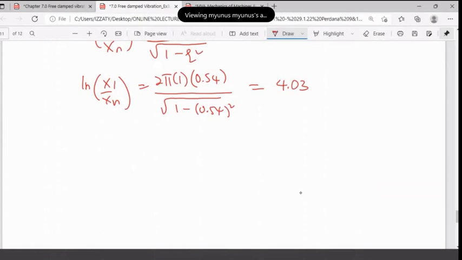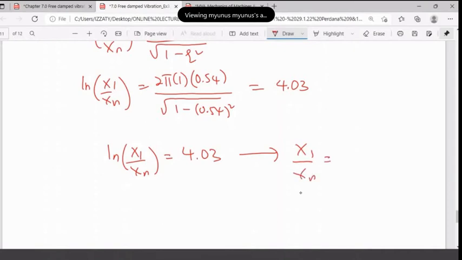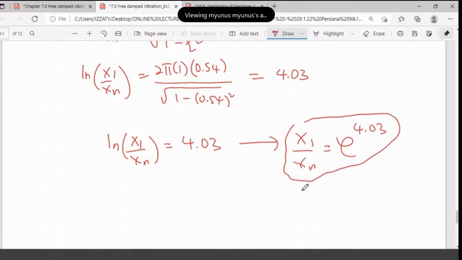So this is now finally ln(x1/xn) equal to 4.03. Then how to inverse? You have x1 by x3 is basically the exponent of 4.03. This one is no big deal, just punch in the numbers in the calculator. But if the question asks you something else, for example, let's say